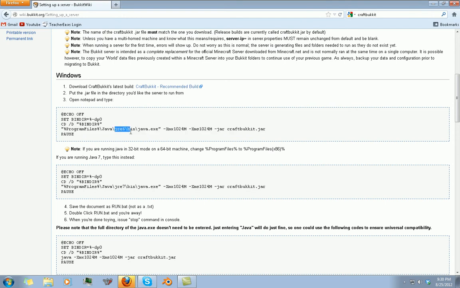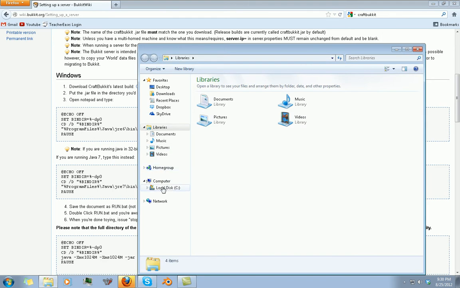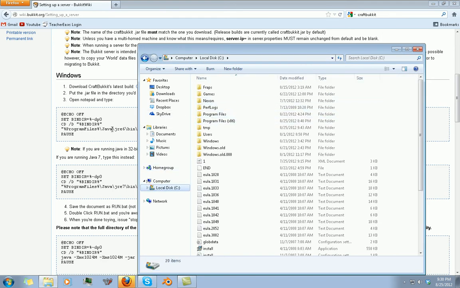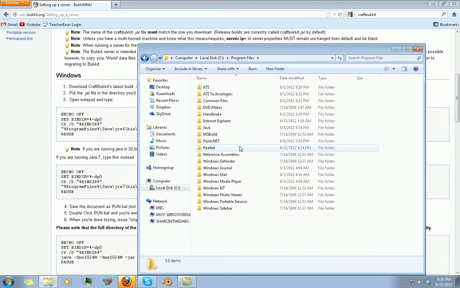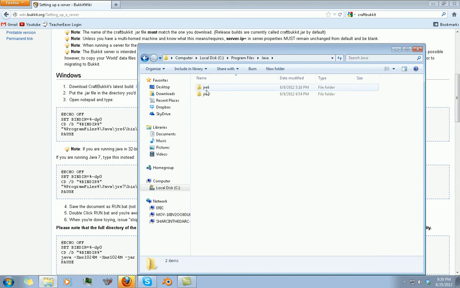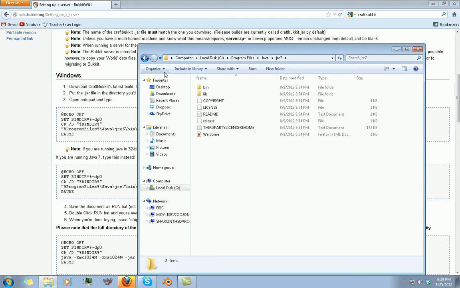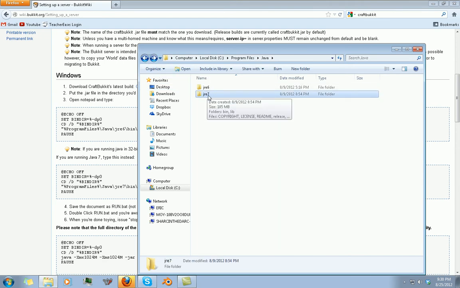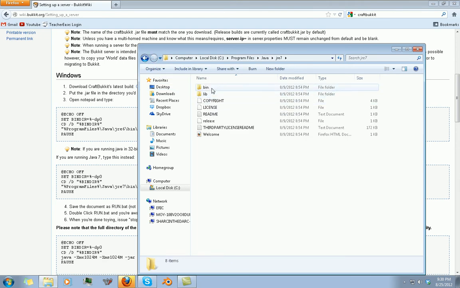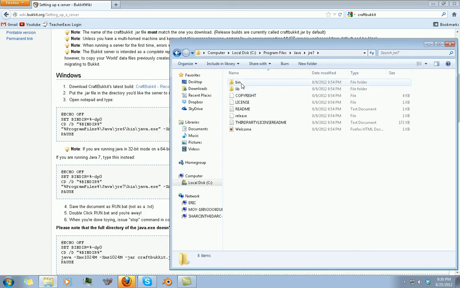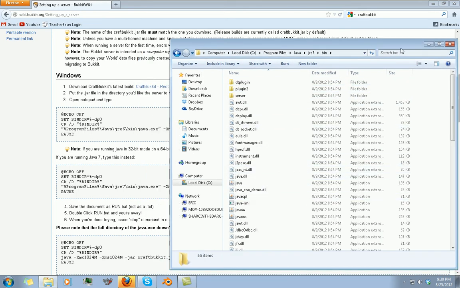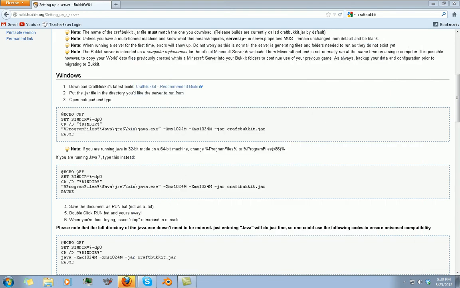It says JRE6, and this is like the path file. So what I mean by the path file is, it says program files. Go to this, and it'll say program files, and I'll go to Java, and I'll go to JRE. I still have JRE6, and I think it will work with JRE6 since I have it. You might not have it, but I have JRE7, and it'll go into the bin, and it will go into java.exe, and that's how it runs Java. It's basic, but I have JRE7, so I'm going to copy this